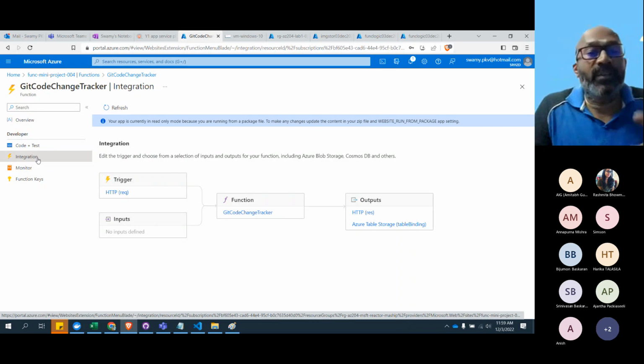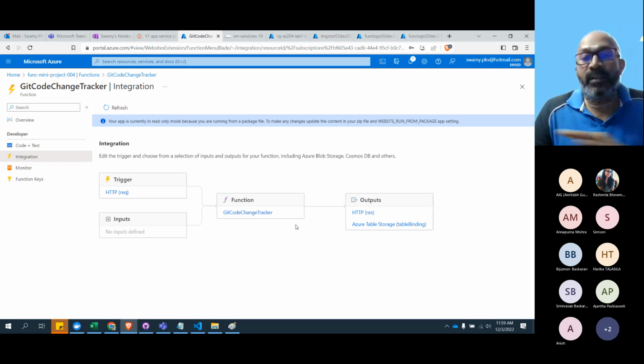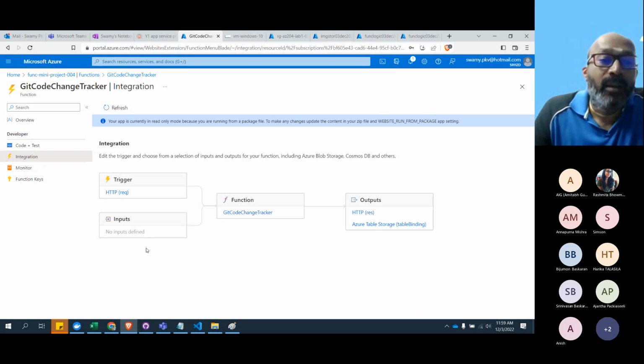So observe this diagram. So the trigger, and you have these things, output and inputs. When you go to output, it allows you to add. At this point of time, I disabled it. That's the reason it's not showing the plus symbol to add any inputs and outputs.